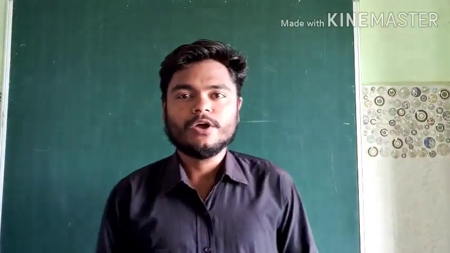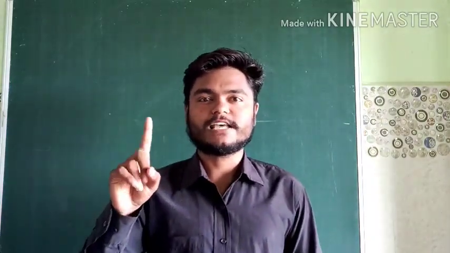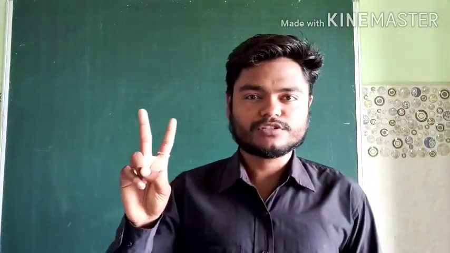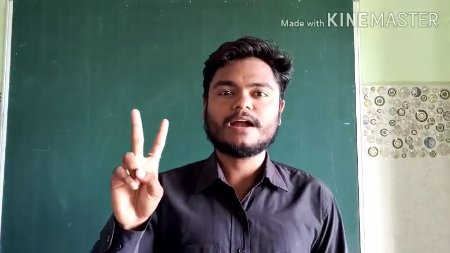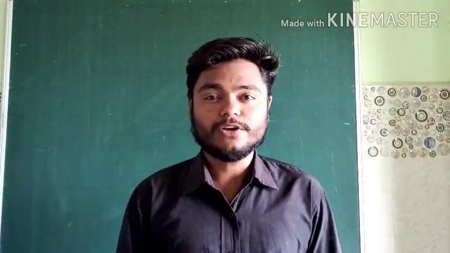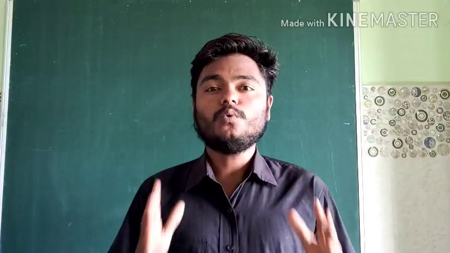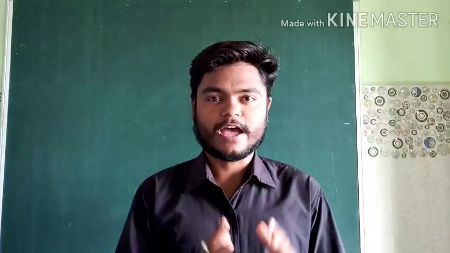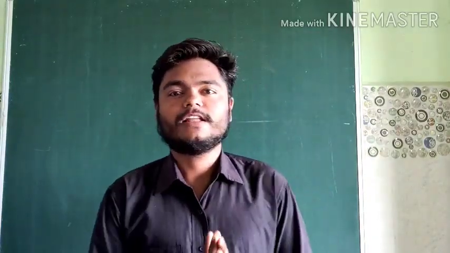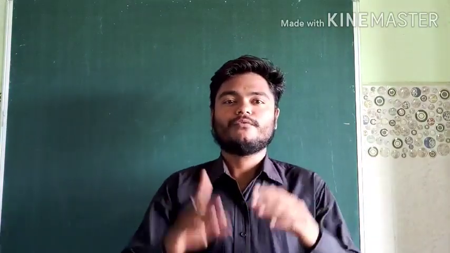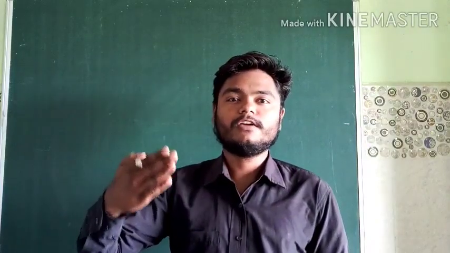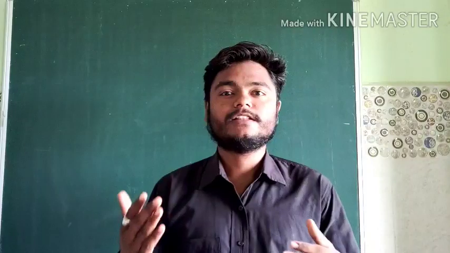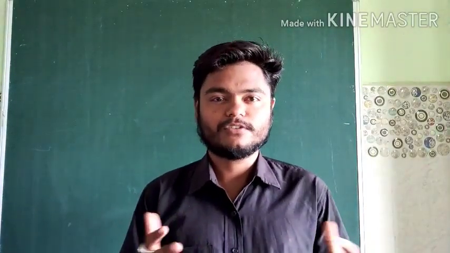In the previous video we discussed photosynthesis and the process of photosynthesis, and the modification of plants and leaves for the photosynthesis purpose. So now in this video we will discuss how photosynthesis occurs and where it occurs, right? In the previous video I told you the photosynthesis process, the modification of the leaf, and the basic requirements for photosynthesis.